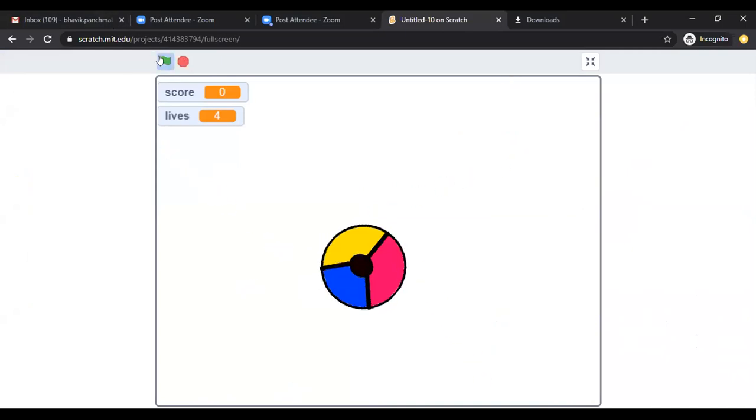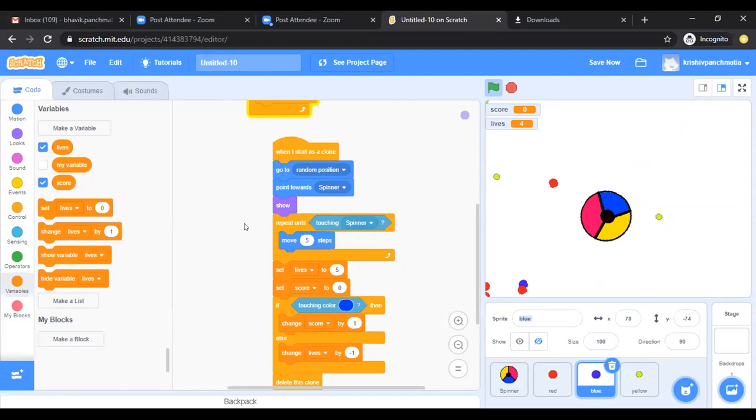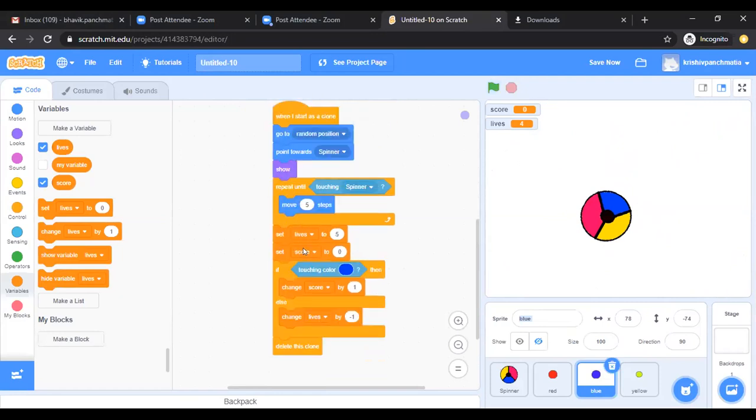Okay, you have set your lives as 4. Okay. There are set to 5, but it's showing 4. But your live counter is not going down. Show me your code. Just stop the program. Set live.